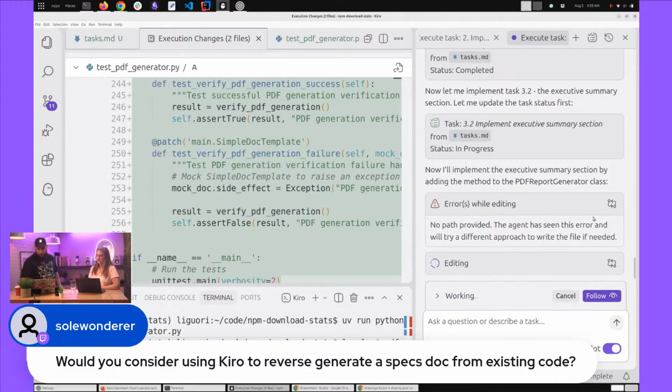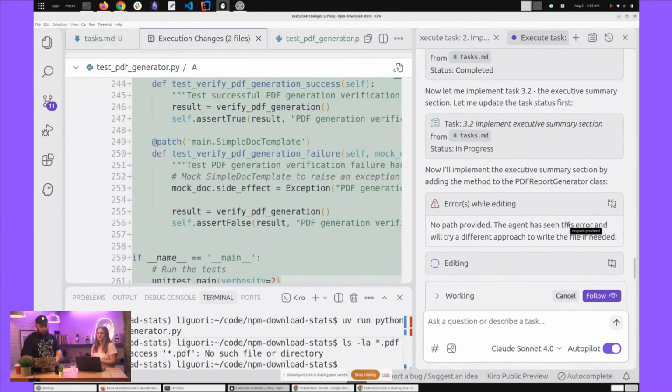What's interesting about specs, the way that they were developed, is that the Kiro team uses Kiro to build Kiro. And so we actually went through quite a few iterations of what specs means. We tried to do exactly that, generate a spec of the existing code and then edit it in this massive file. That didn't work super well, and it just didn't feel right as a developer. We finally arrived at this project-based approach where it matches how you go about making changes to your application in general. So yeah, it's been through a lot.